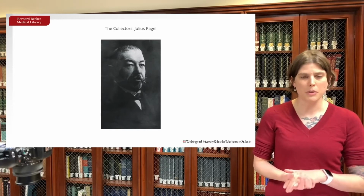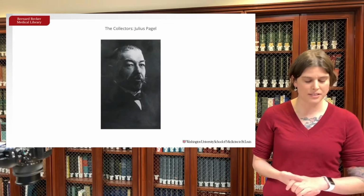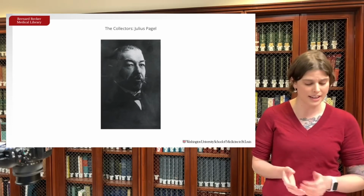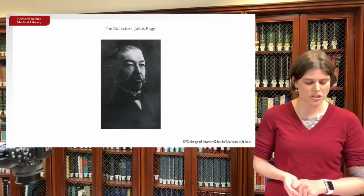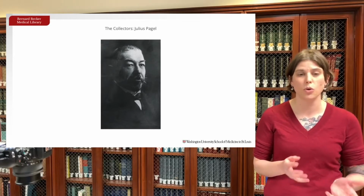And one thing about Pagel is that these were not just trophy items on his shelves. Pagel had this really strong passion for medical history, and that meant that he would actively use these texts a lot. At one point in 1902, an American physician, M.G. Selig, went over to Germany and he persuaded Pagel to give him a custom course on the history